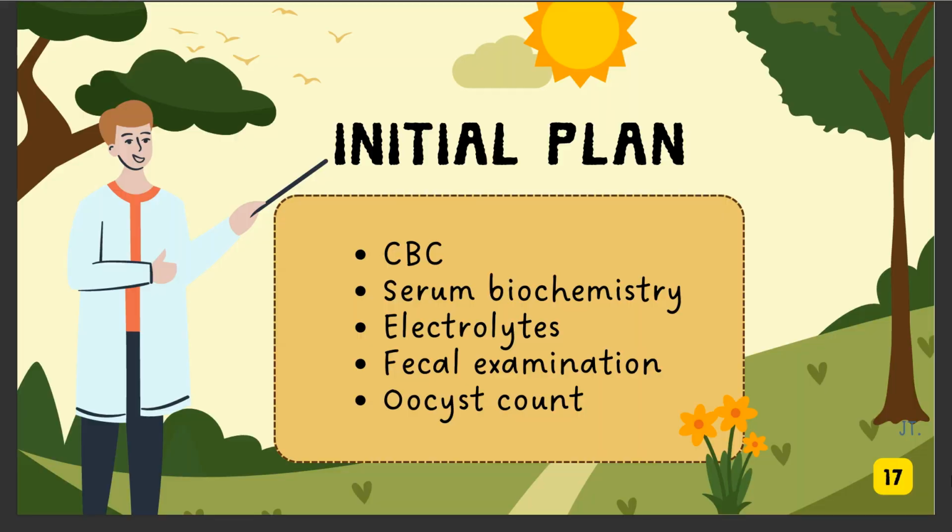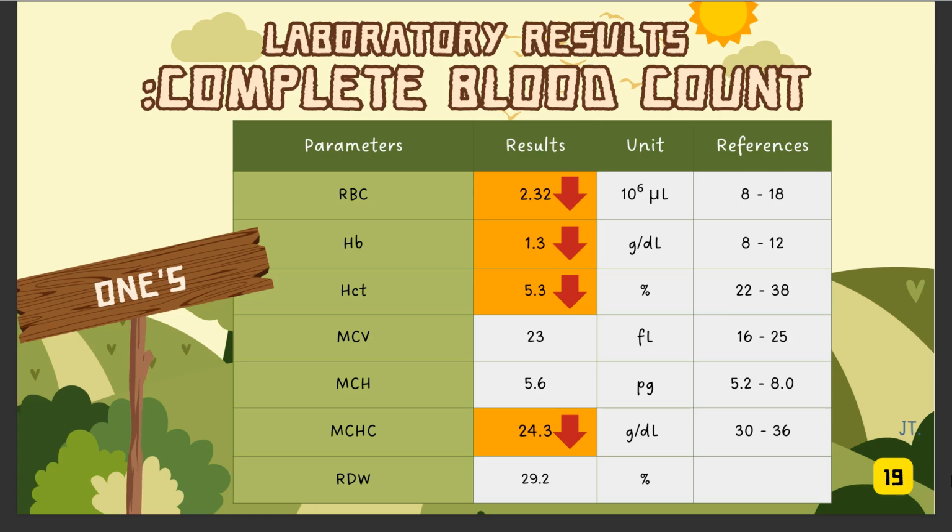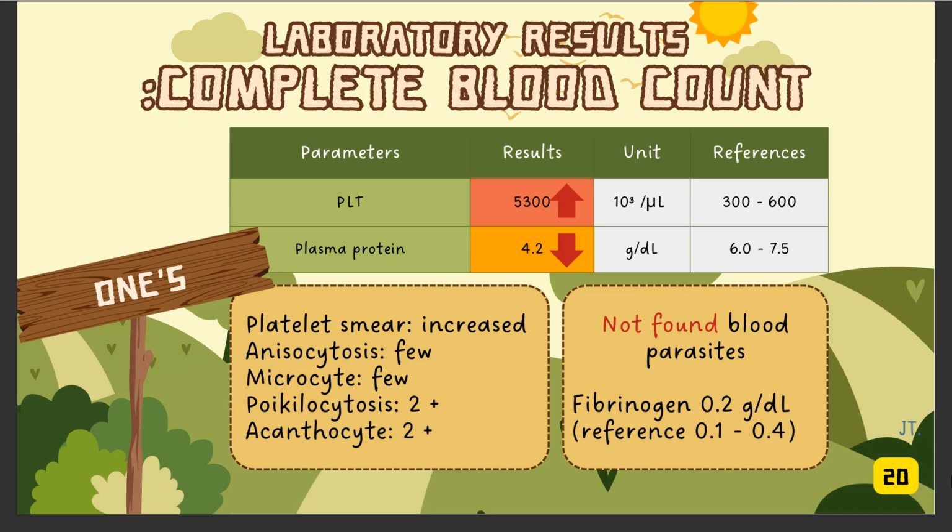Based on all the information collected, we decided to test as follows: complete blood count, serum biochemistry, electrolytes, fecal examination, and OPG count. For goat number 1, results of the complete blood count were leukocytosis and neutrophilia, severe anemia, low MCHC, thrombocytosis, and hypoproteinemia. Platelet smear was increased, and we found anisocytosis and microcytes. Both polychromasia and acanthocytes were positive, and no blood parasite was found. Fibrinogen value was